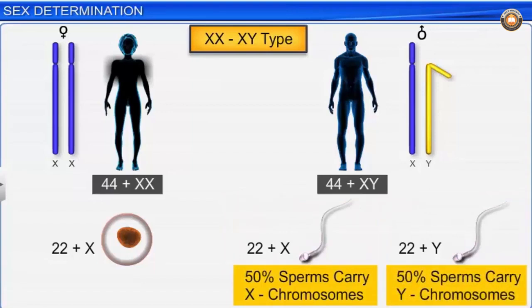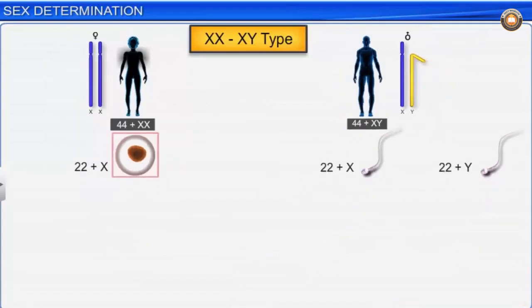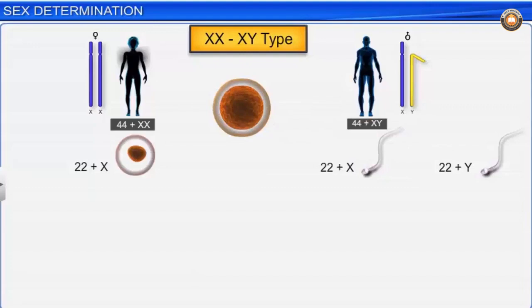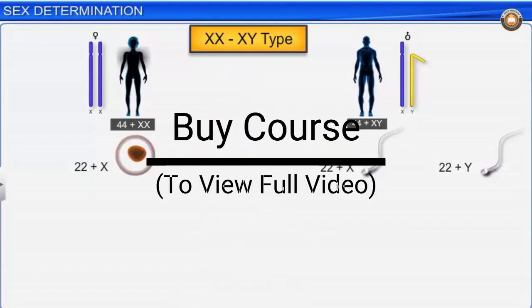And there is an equal probability of fertilization of an ovum with a sperm carrying either of the chromosomes. So, when an ovum carrying the X chromosome unites with a sperm carrying the X chromosome, the resultant XX zygote develops into a female offspring. On the other hand, when an ovum carrying the X chromosome